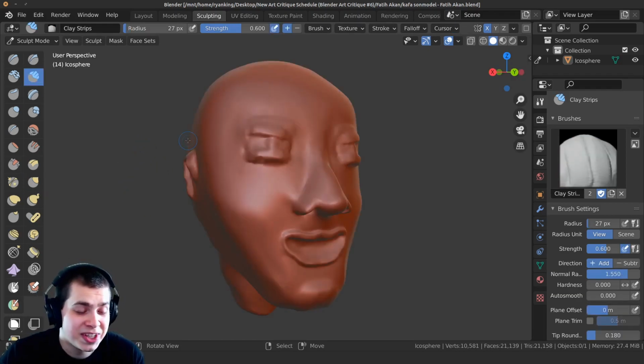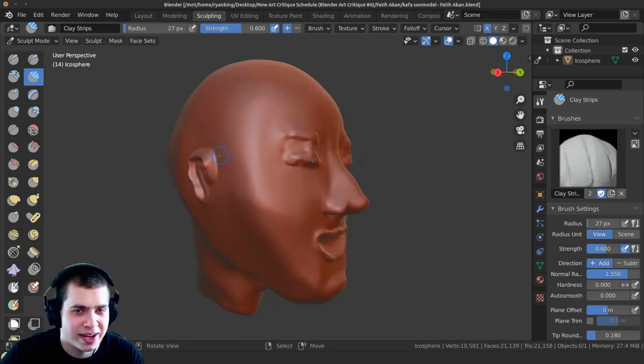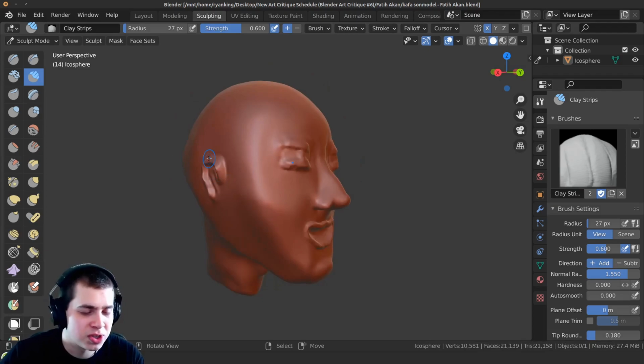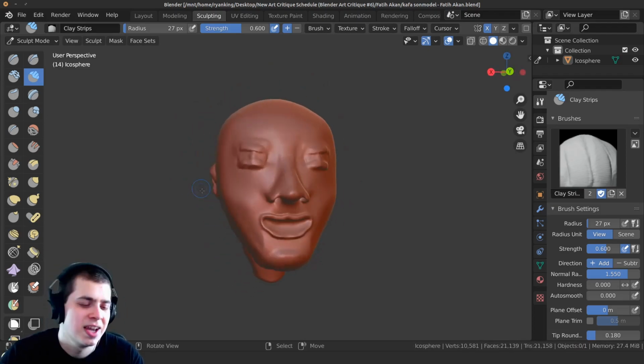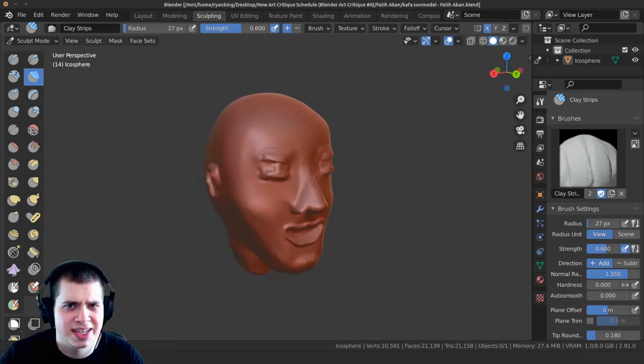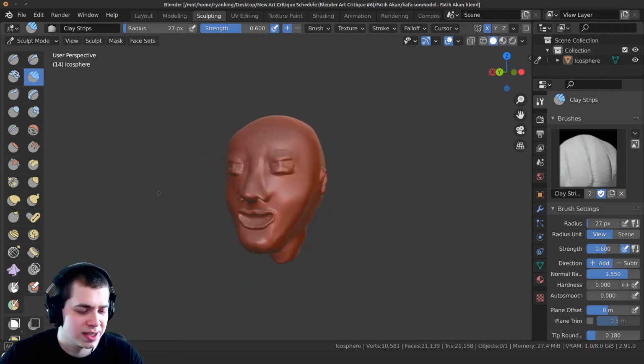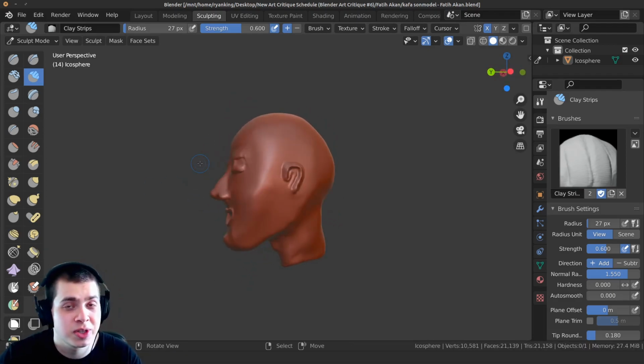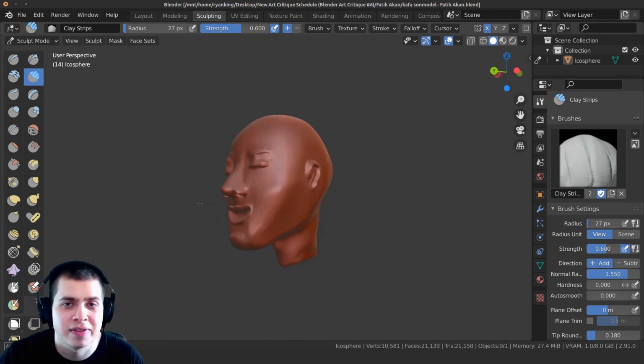So for this being only your third day of sculpting, this is actually really quite good. When I started sculpting, my sculpts were totally not this good by my third day. I was sculpting for probably at least a couple of weeks or more to even get a sculpt this decent. So this is really quite good, and you're improving really fast.